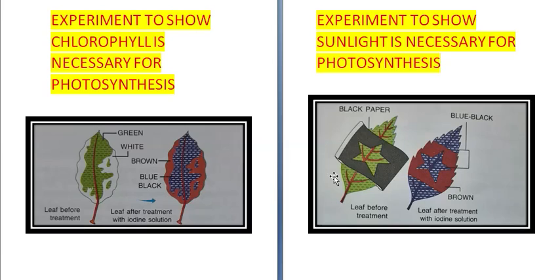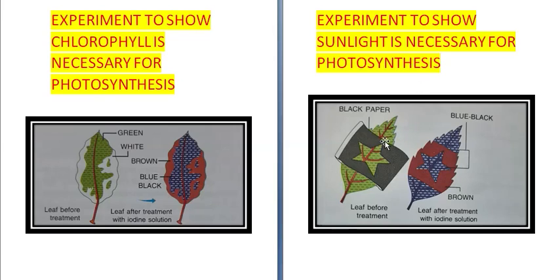After a few hours, the leaf which is covered by black paper, you remove it and test it for the presence of starch by the same iodine test that I told you earlier. It will be seen that only the parts of the leaf which could get light through the cut design will turn blue-black. The part which was under the black paper will be brown in color.